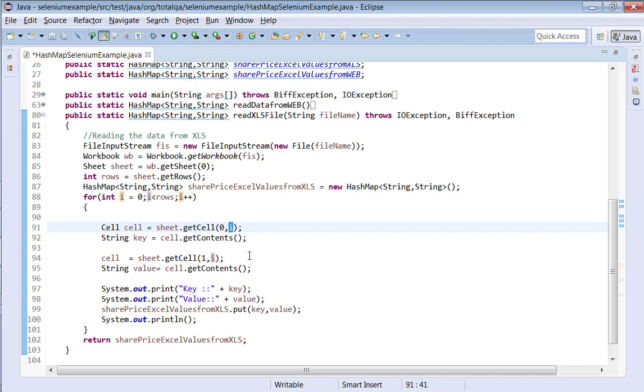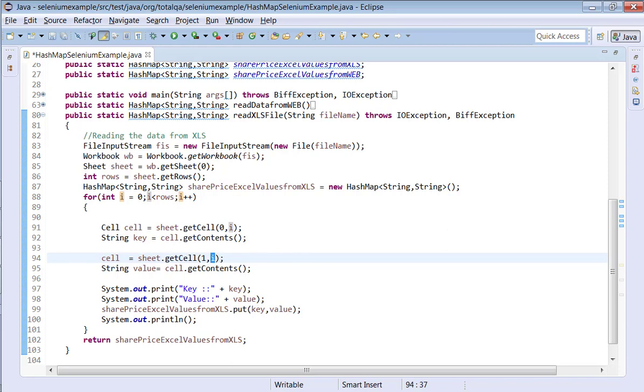Whenever we are trying to read the data from the XLS using JXL, we have to pass column, row. The column index is 0, the row index is i, that is 0. So we are fetching column, row 0, 0, that is the company name, and we are fetching the column index as 1 and row index as 0.